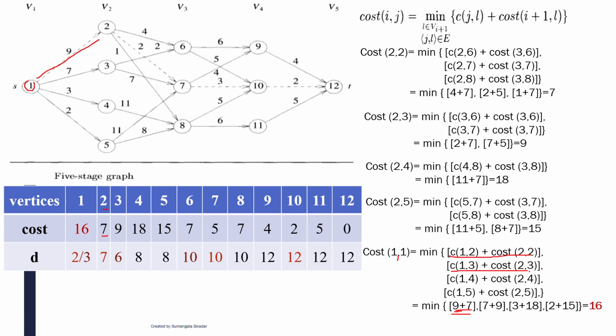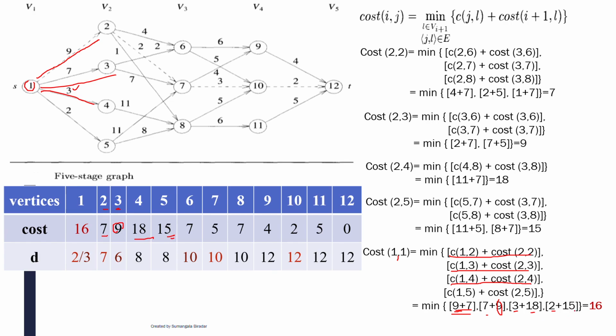Next you have to consider for this line. 1 to 3. 1 to 3 it is having the cost as what it is? 7 here. Edge cost it is. Next in the table for this one. What is this? 3. For the 3 you are having the value, what it is? 9 here. That 9 only you have to take here. Okay. Next for this one. 1 to 4. 1 to 4, this cost is what it is? 3 here. And in the table for the 4 it is 18. So then you have to take here as a 18. 1 to 5 it is 2. And in the table for the 5 it is 15.